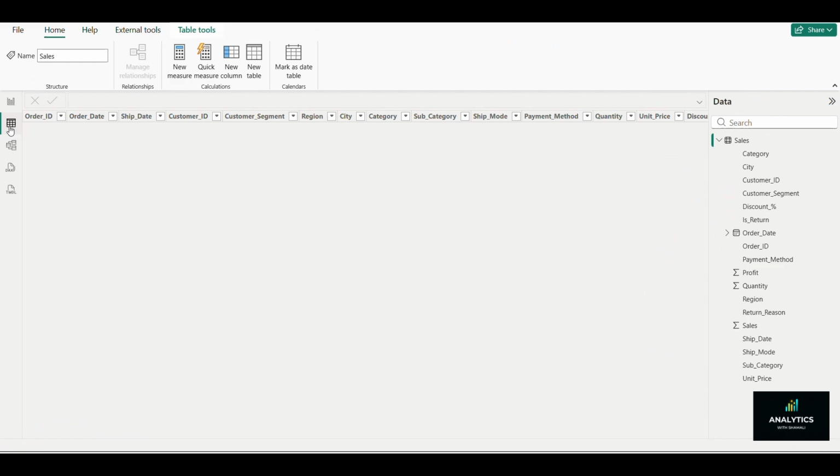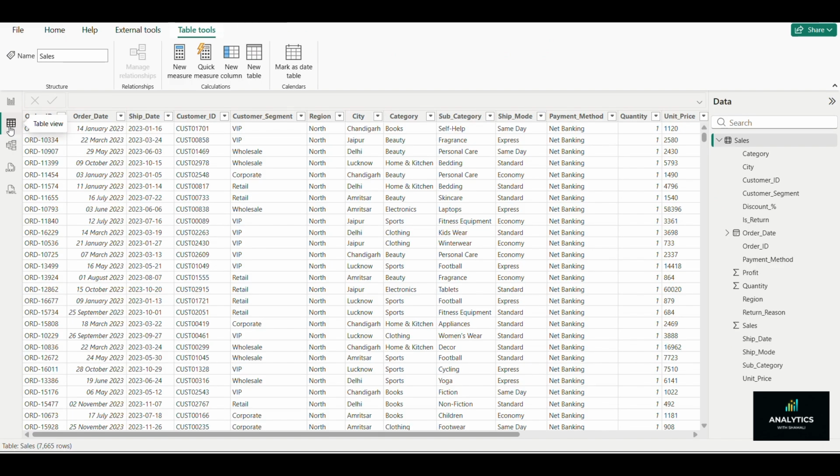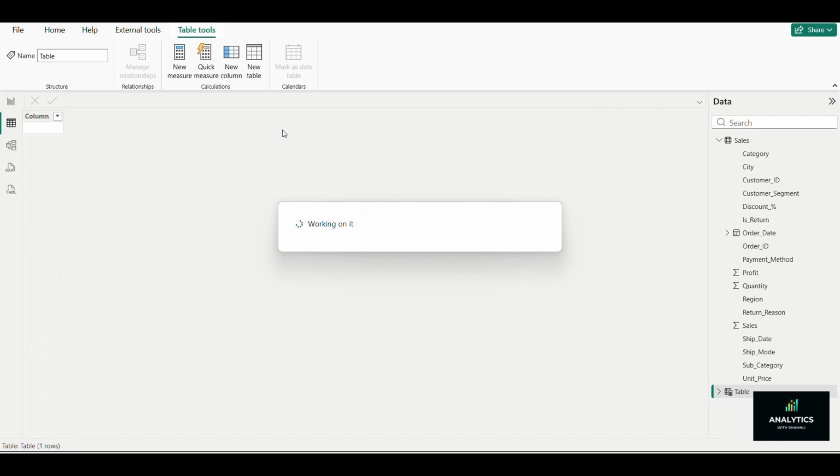And first things first is we have to create a measures table. This is one of the best practices in Power BI to create a separate table for measures. So in a way, you organize all your measures in one place instead of scattering them across all the fact tables. So to do this, we'll go to table view and click on new table, and we create a table name